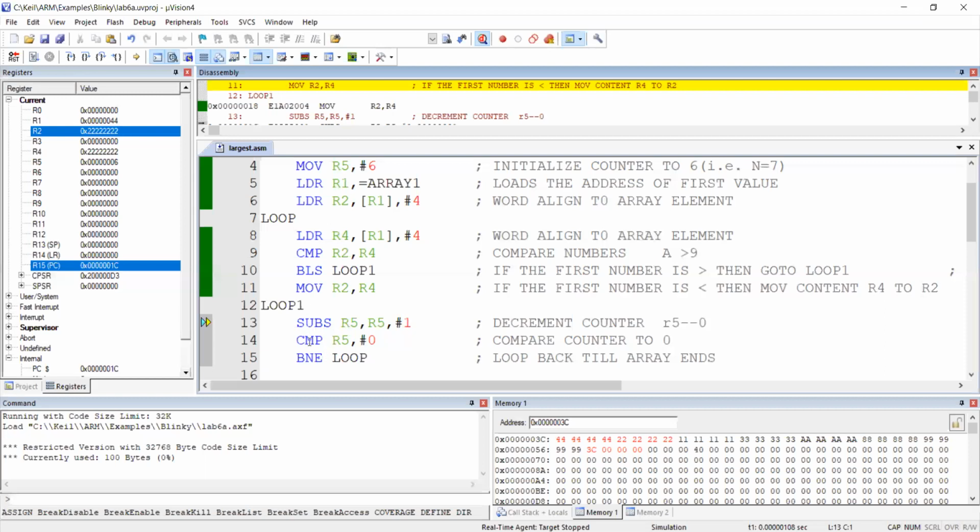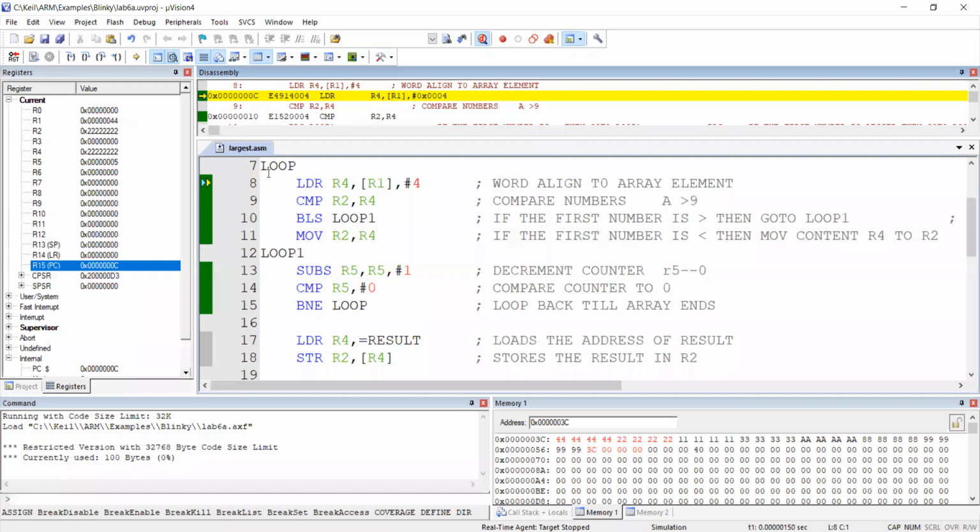Loop 1. This part I will make fast execution, because you know the meaning of loop 1. That's done. Next, again we are entering the loop, line number 8. Okay, what will be the new R4? What will be the new R1? Type in the chat box, new R4 and new R1.